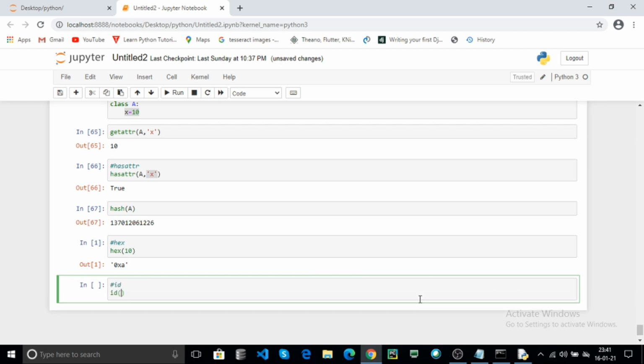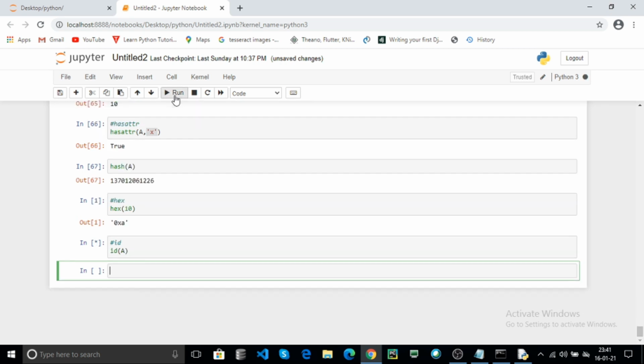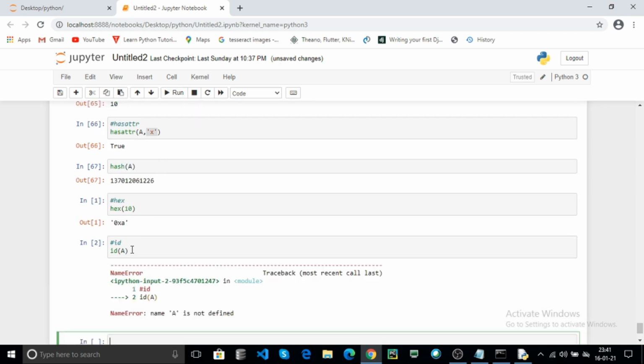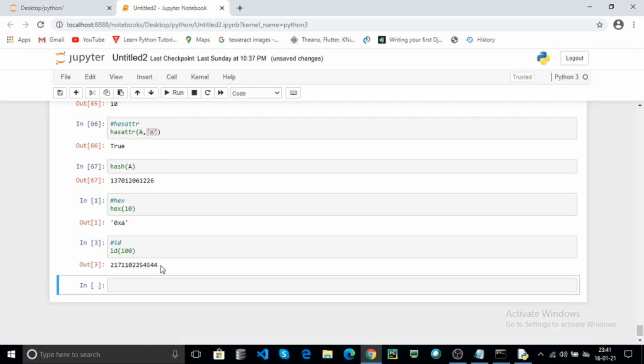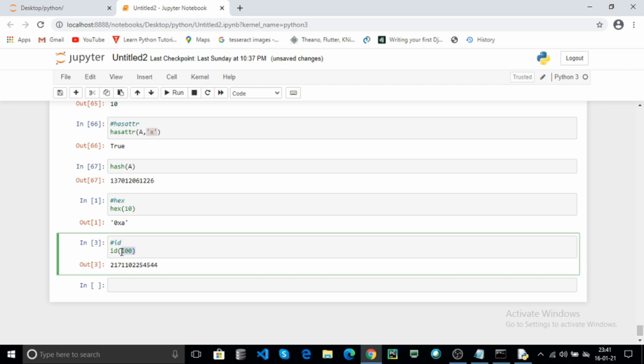It returns the ID of any type of data. For example, I pass A, that is the class name. Oh sorry, A is not defined. Pass any data, for example 100. Click on run. It returns the ID for your entered data. This is not used anywhere.